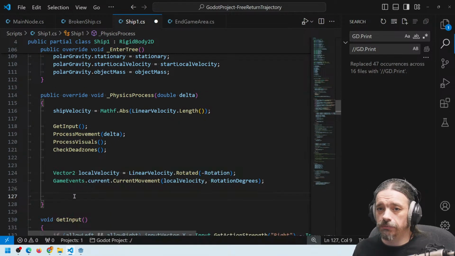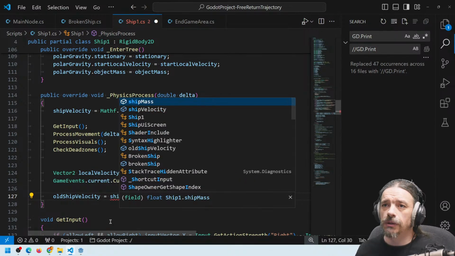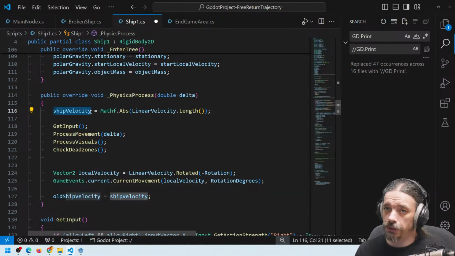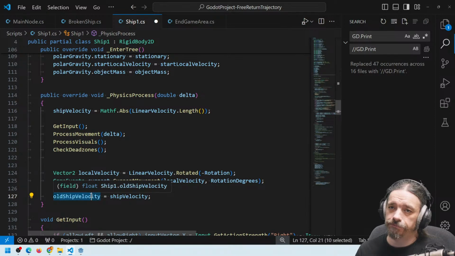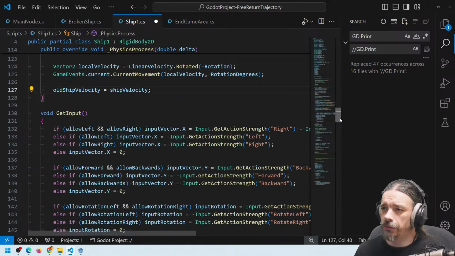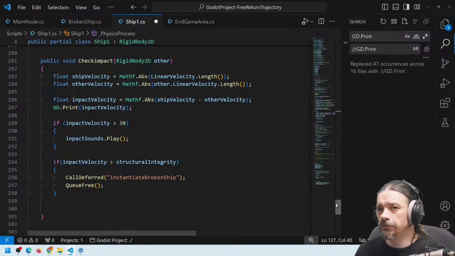So this is the beginning of the frame, this is the end of the frame. I will say old ship velocity equals ship velocity, and I will store the current velocity on the next frame, on the old frame. So when the next frame starts, if I stopped abruptly, this number will be low and this number will be high. That's it. So now we can compare them inside the collision or here. Maybe inside the collision. Maybe it will not work inside the collision, but let's do this inside the collision and see the behavior. If it doesn't work,